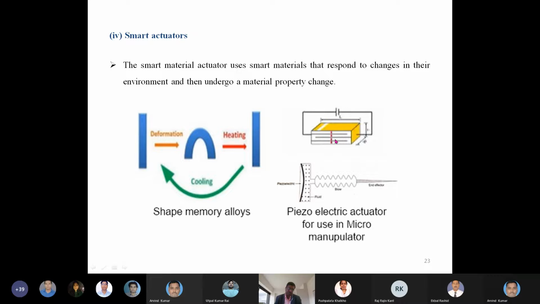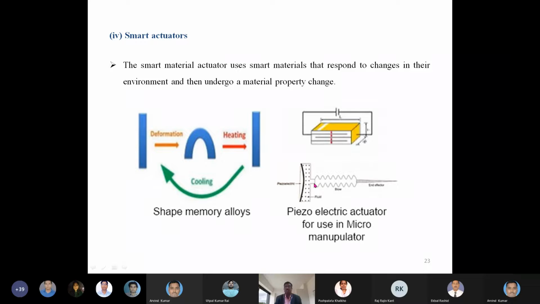So when the polarity changes, the crystal contracts. Due to the changes in the polarity, the change in the crystal, we have changes in the motion in the system, and this causes a tension or compression. This is a similar kind of piezoelectric actuator which is being used as a micro manipulator, because this is a small device. So whenever it is being held inside the human body,